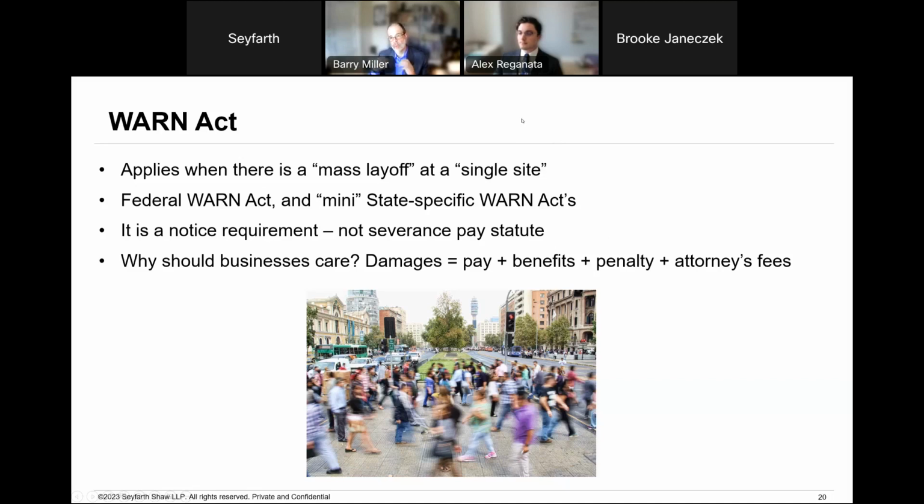And one thing that I said in the setup here is that these are notice statutes. They don't necessarily require you to provide severance pay to employees. They just require you to provide advance notice to the folks whose positions will be eliminated. One huge and important caveat to that is New Jersey. We see continued state action in this space, and New Jersey just radically revamped its mini WARN Act law, and it is the first in the country to actually require severance pay in that context. And it's 1 week per year of service. We'll deal with those issues in our subsequent series.